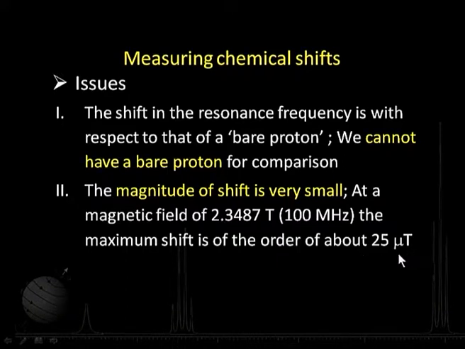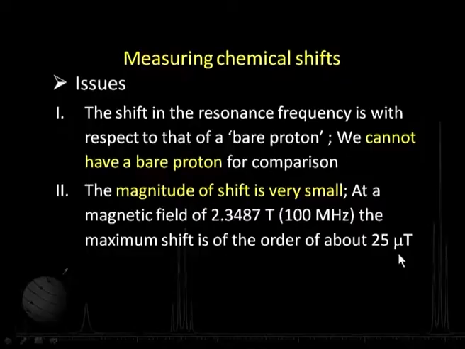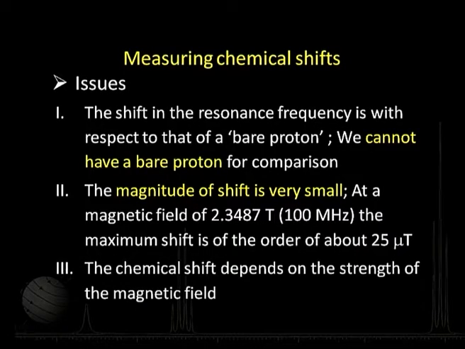Mind you, this is about 2.34 Tesla, this is 25 micro Tesla, which is a very, very small number. Essentially we are dealing with very large frequencies and the shift happens to be very, very tiny there. So it becomes difficult to make accurate measurements of all the frequencies and talk about a shift in them. Then thirdly, the chemical shift actually depends on the strength of the magnetic field, and that is very, very tricky,